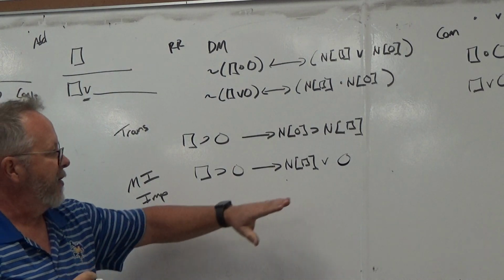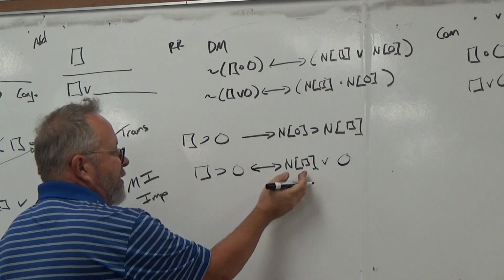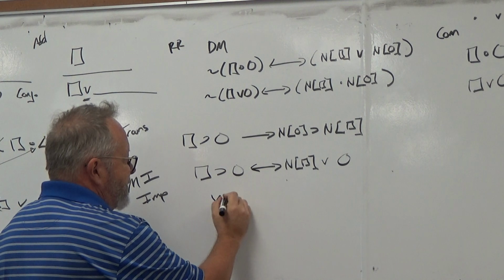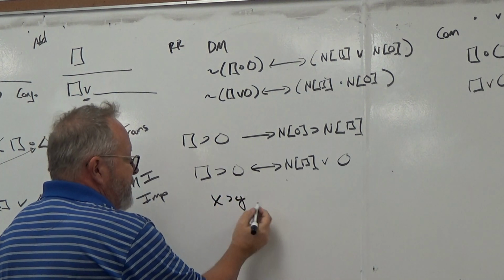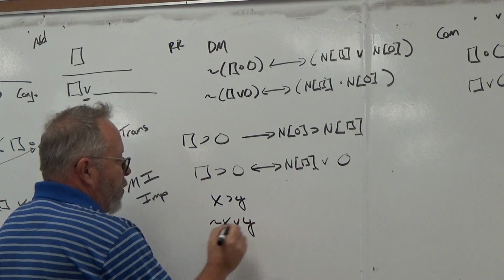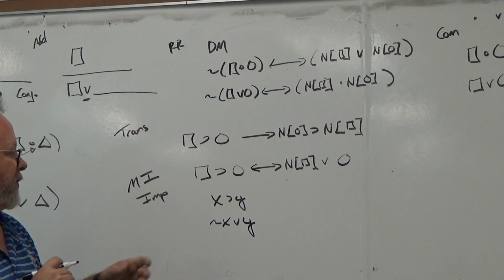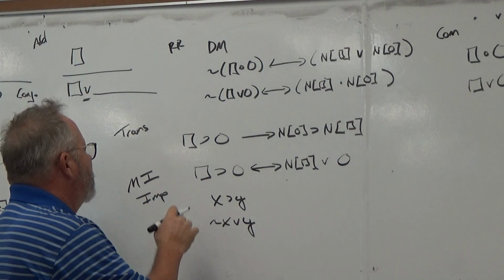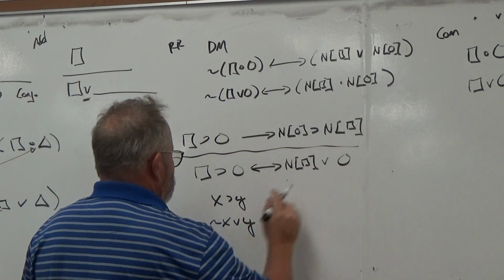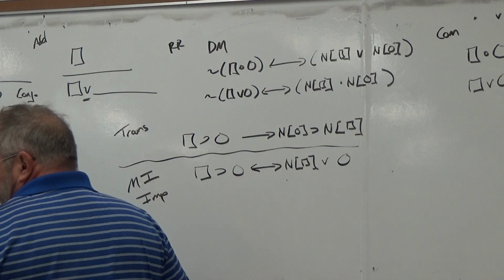Okay? And I can go this way as well, from an or back to a then, so I would have to change the sign. Okay? So if I had X, then Y, as an or, this would be not X or Y. Everybody understand that? So this is a very helpful rule, implication. This is transposition, and this is implication, or material implication. Okay.